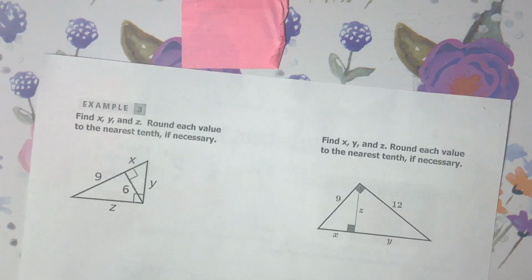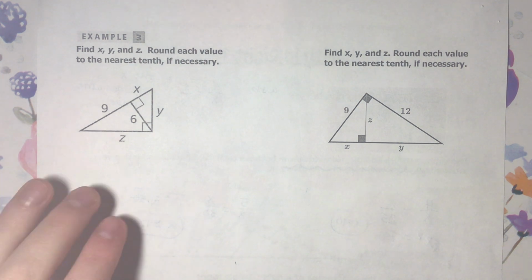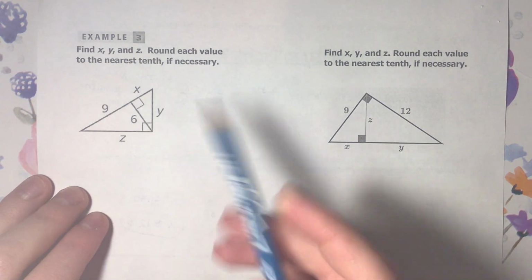Let's flip our page over and work on the back problems. On the back problems, we are going to use the information that we know about these similar triangles in order to solve for missing values. And if we have any decimals, then we're going to just round to the nearest tenth. What I want to do first is to separate these triangles out as small, medium, and large, and to label them again. So my smallest triangle,